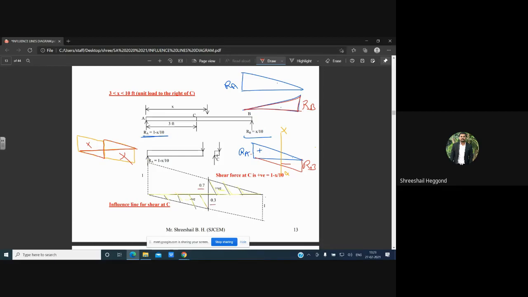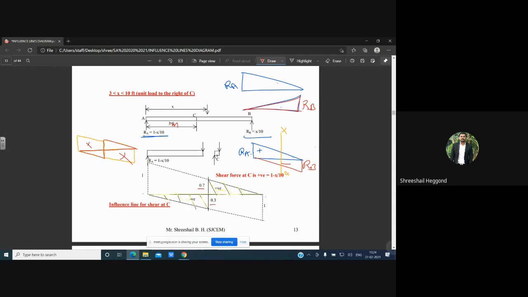And 0.3 and 0.7 indicate that at the 3 meter span, we have considered this section. If you have considered this section at 3 meters, the 0.3 will be with respect to RB and 0.7 will be with respect to RA. Those values are written in this diagram. This is the shear force diagram, which will be further used for execution of our bending moment diagram.